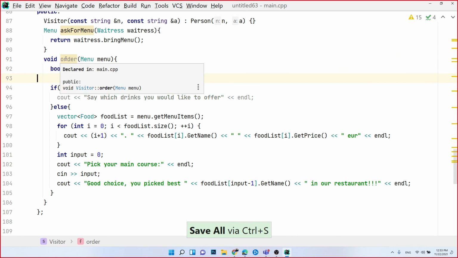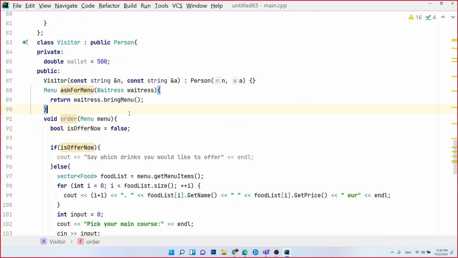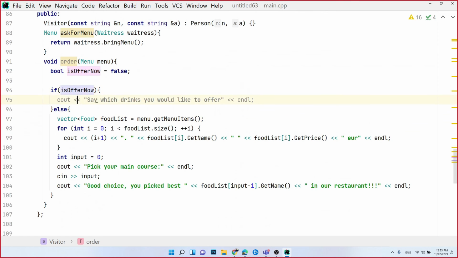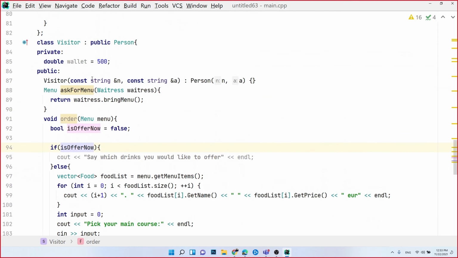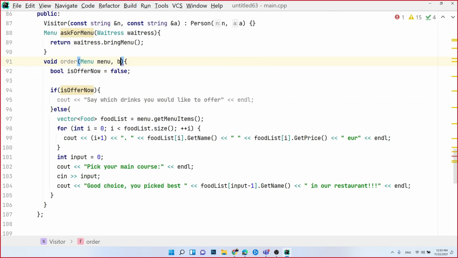It's yellow. No, it's not yellow. Yeah, here as you see, we of course have some. Is offer is useless because it's always false. We're able to pass, for example,